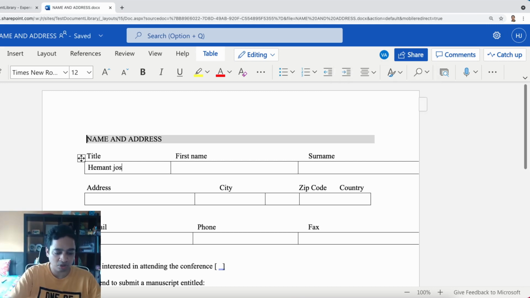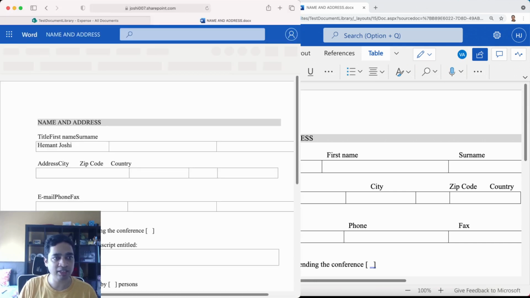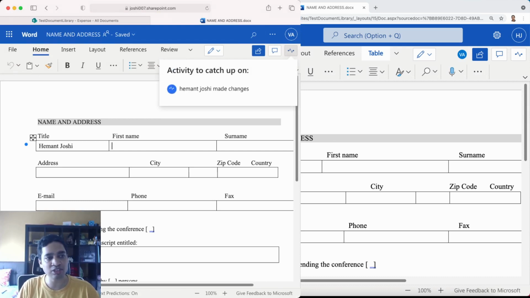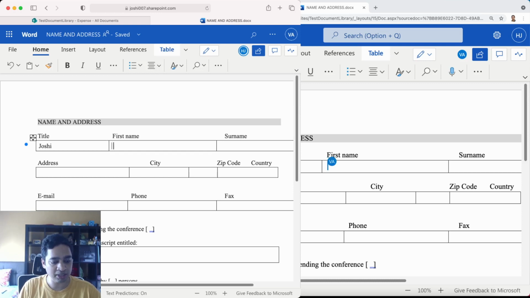I'm typing Hemant Joshi over here, and if Vivek also opens the file at the same time, let me show you, he has opened it already, and let me show you from his point of view how it will look. So now to help you see how co-authoring works, I have opened Vivek's account as well on a different browser. And if I open the same file, for example name and address, in this name and address file, if the title field is wrongly entered by Hemant, it has to go into first name and surname. So what Vivek will help me with is, he will try to copy and paste this into the